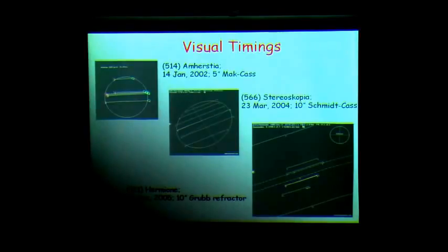And in fact, if it's clear tonight, which it might be, I'll be willing to open up the telescope for anyone wishing to have a look through it. Okay, now